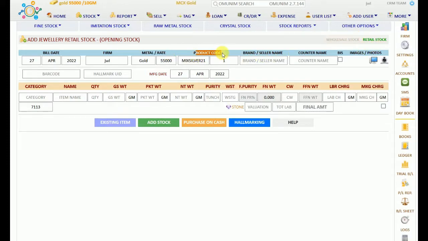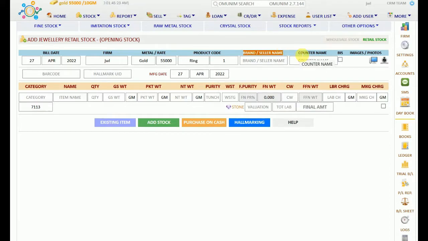So this is a product code. For example, I am taking a ring, and here is a post ID. Post ID ring 1 means we have added, this is our first item and first ring of this software. So this is a brand name. For example, if you want to show these information on the tag panel, or seller name or brand name, if you have any brand name, you can show it on the tag panel.